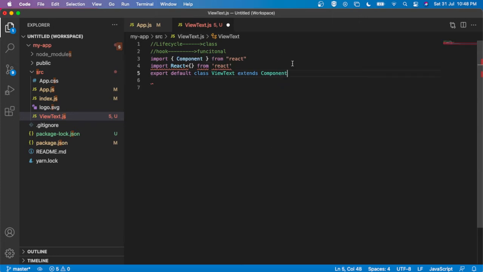Let's clear this one, and I am going to declare a render function first.